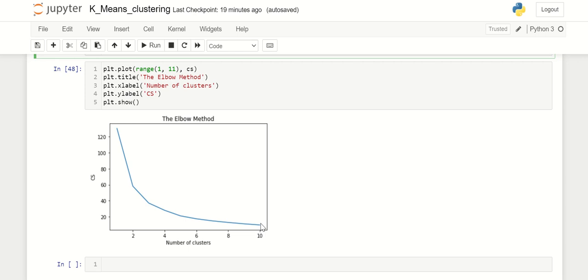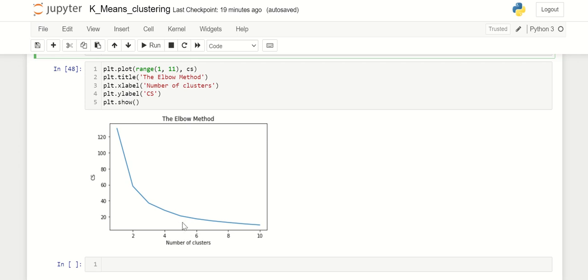That is what the elbow method and inertia value indicate here. You just need to find the point from which the CS value or inertia value is not getting reduced significantly. That cluster value will be your optimum value.